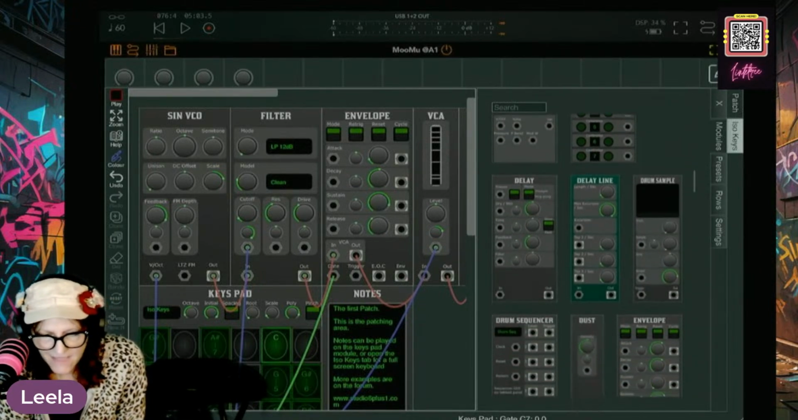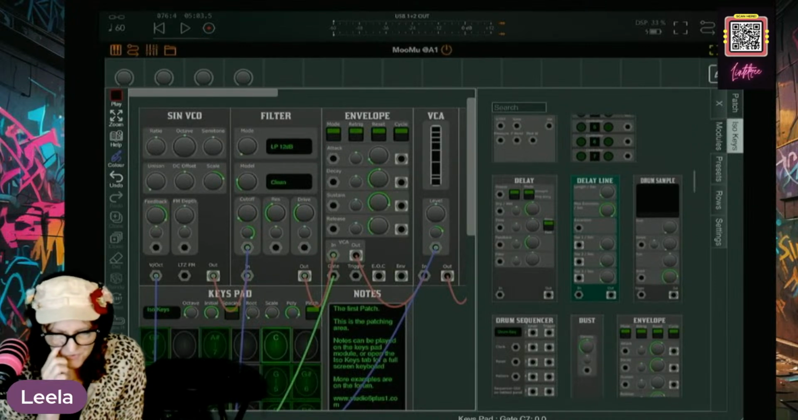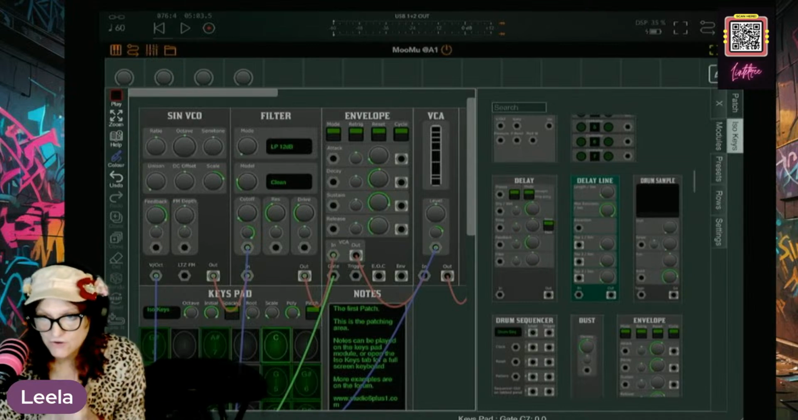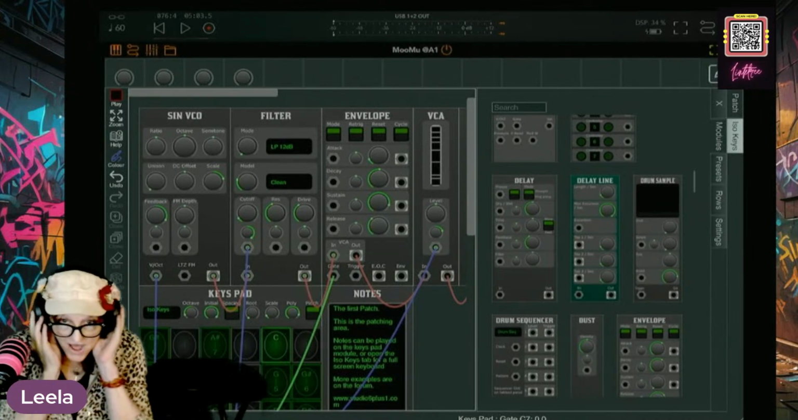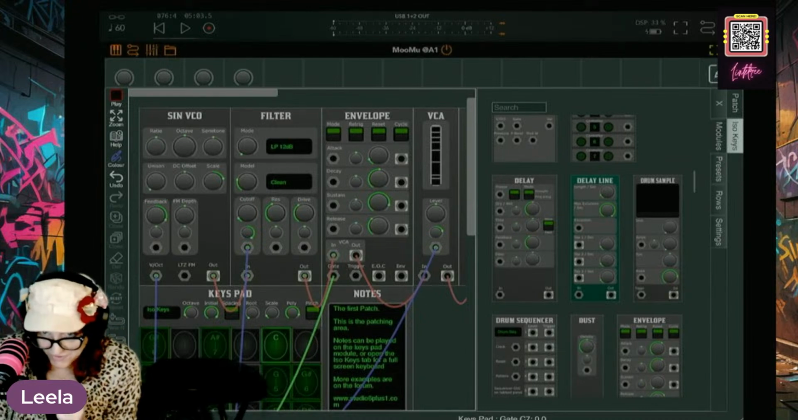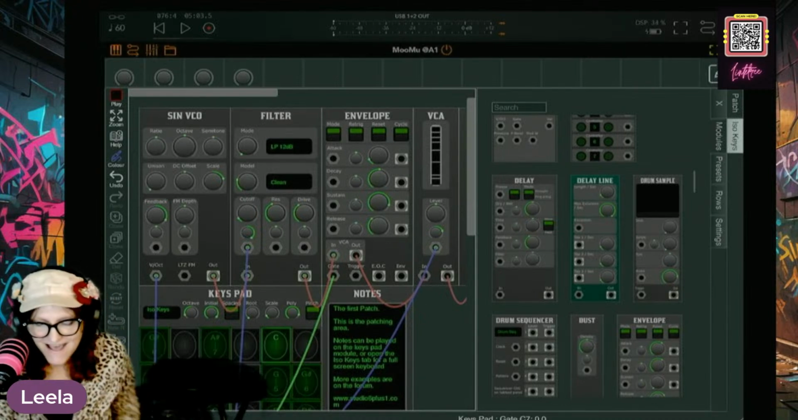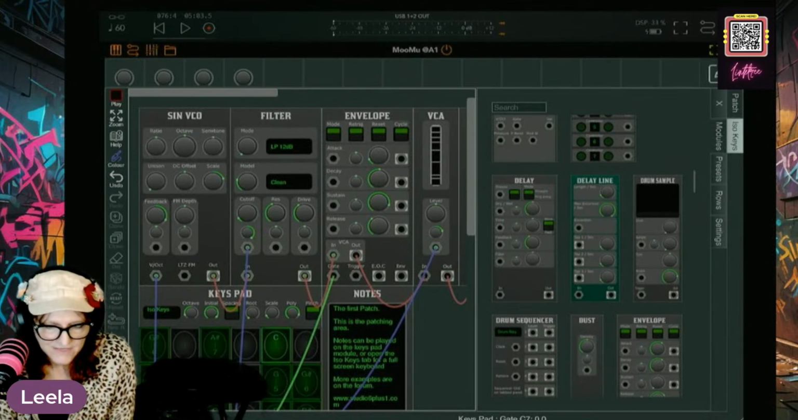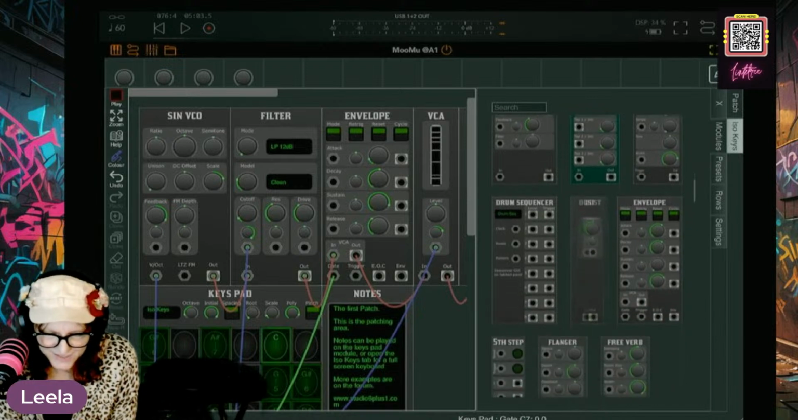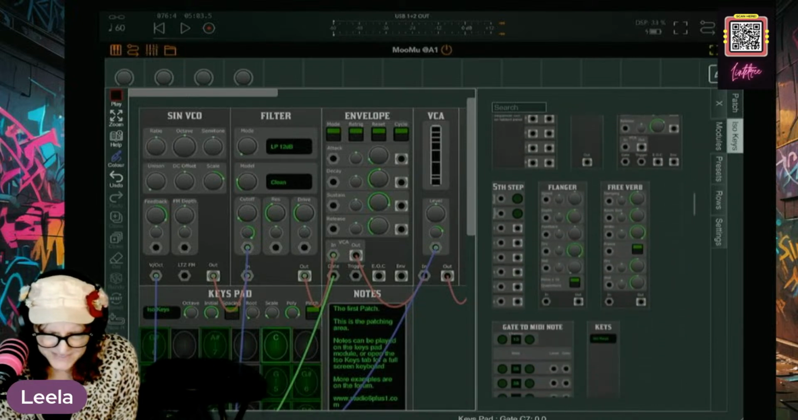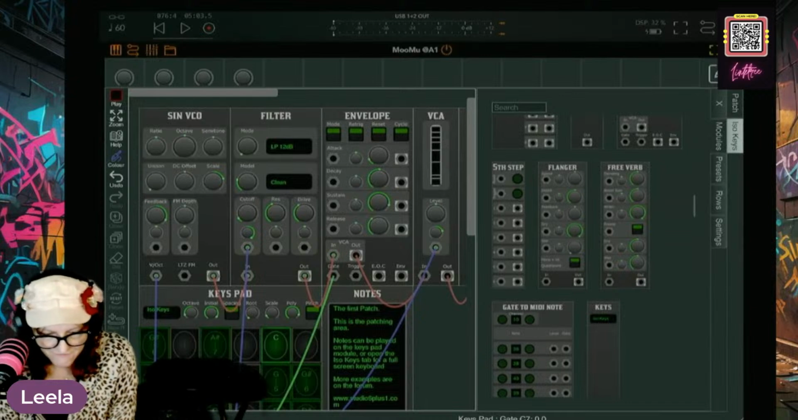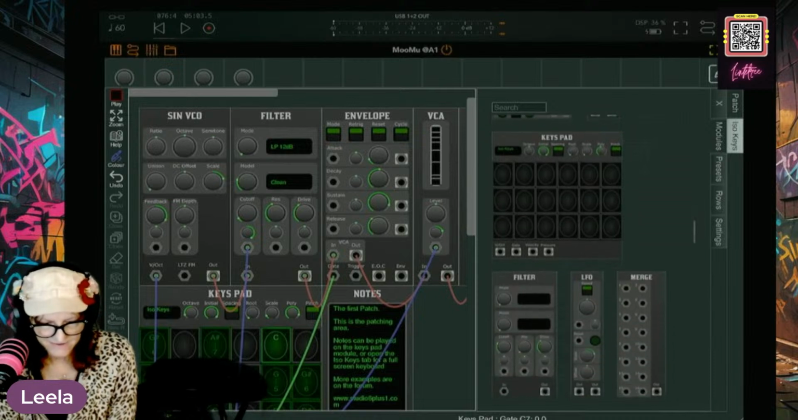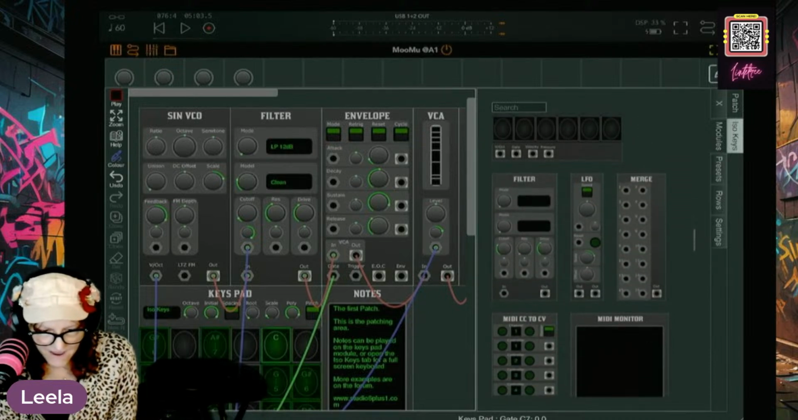Delay line, drum sample, so a sampler with drum sequencer. And remember, right now, you can only use the drum samples that are in the drum sampler, but it's upcoming that you will be able to load your own samples, says Studio 6+1. So then there's drum sequencer, dust, envelope, fifth step, flanger, free verb, gate to MIDI note, keys pad, filter, LFO,